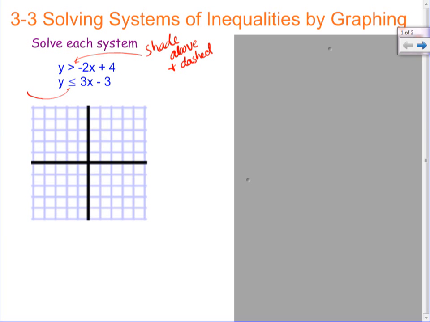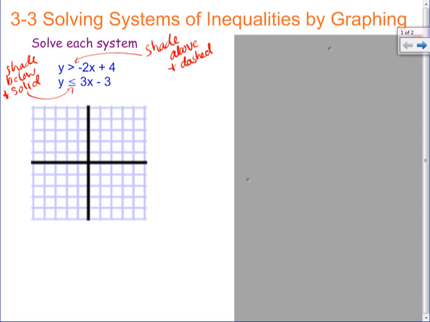Okay, what about this one? Shade below and solid line. Shade below, and it's a solid line. Perfect. Okay, so let's just get our dots on there with our slope and get all that, and then we'll